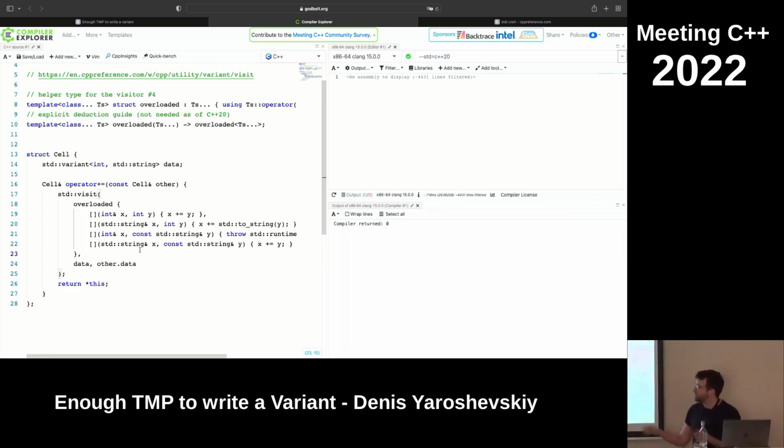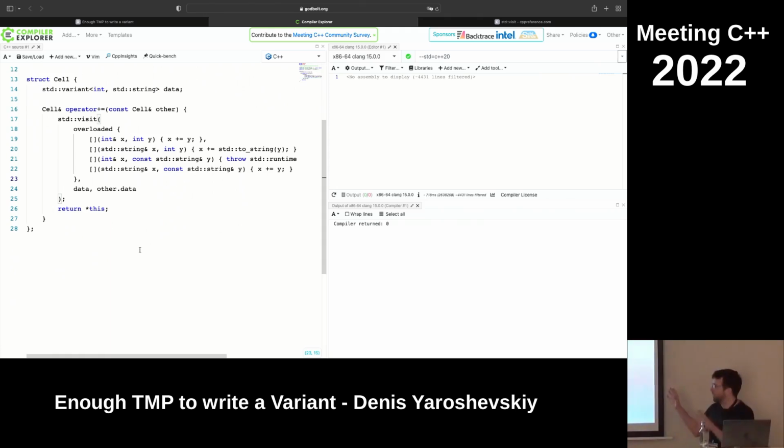This is how I was familiar with variant, right? This is an interview problem. Let's say you have Excel. Can you see it okay? Okay. So let's say you're writing in Excel, and in Excel you have cells. And by definition of the problem, in a cell you can have either an int or a string. And then there's an operation defined, like a plus. Let's say int plus int is addition, int plus string is concatenation. String plus int, you convert the int to a string and concatenate. And string plus string, you throw an error. Something like that. Again, it's not a real example, it's an interview problem.